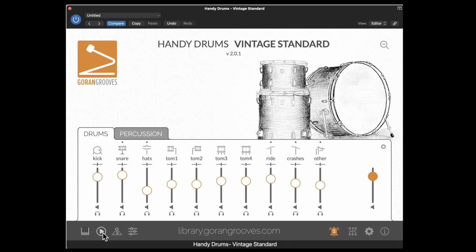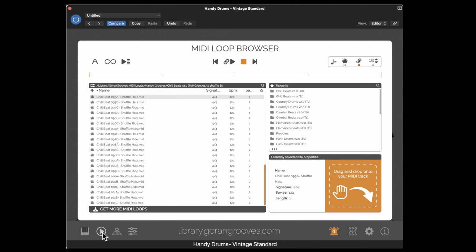But down here, you have a button that opens up the MIDI loop browser, and I think this is one of the most underrated features. And it's great. In fact, I've been looking for a MIDI loop browser for so long, and this fits the bill. What this does is directs you to the default location where all the Goran Grooves MIDI files have been stored. So you select a file, click on play,